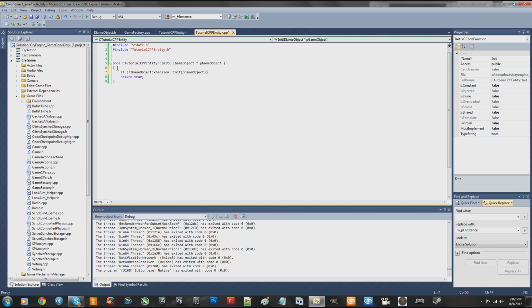So when it comes to the initializations, I'm writing this code to show you what you should do when you've overridden a function but you don't have any code to add. This is something you probably should do. That's what I'm showing you here: how to handle stuff that you don't do yourself, by calling its parent function